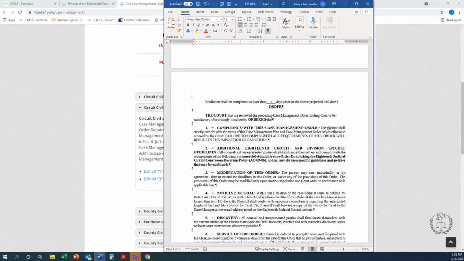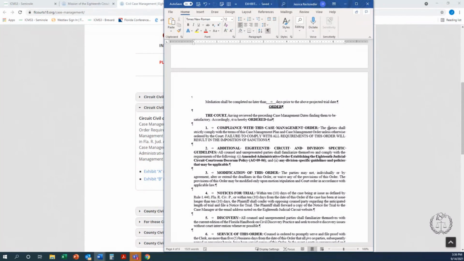Now the orders to show cause, we are submitting the orders to show cause as a reminder for everyone as we are at today's hearing, in order that these are to be done within 30 days from the date of last service from the last defendant. Just as if you practice in federal court, there's a requirement that these case management orders are to be submitted. Essentially, the Florida Supreme Court is attempting to have the case management plan and orders go along those federal lines, which is why we've issued the order to show cause.